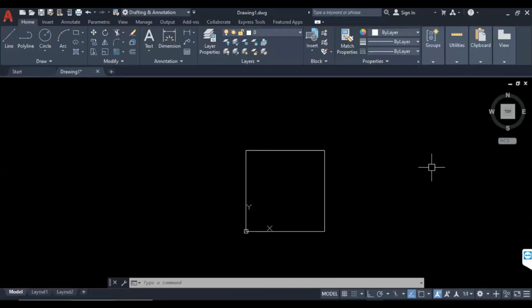See, by using a coordinate system, we are able to draw a rectangle. Simply we use the coordinates x comma y. For simple drawings, it is easy for us to use the Cartesian coordinate system, the absolute Cartesian coordinate system. As we are discussing, it is in the form of x comma y. Always we need to calculate from the origin how much distance x we want to move, y, then again x2, y2, x3, y3, x4, y4, like we are supposed to move each and every time.